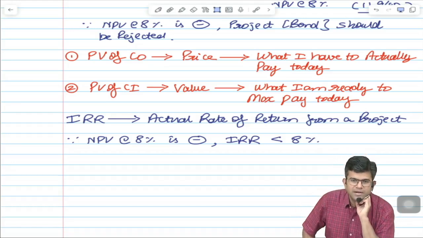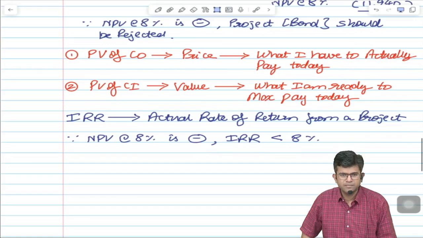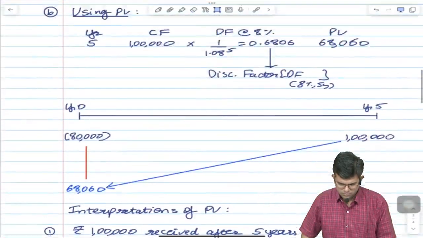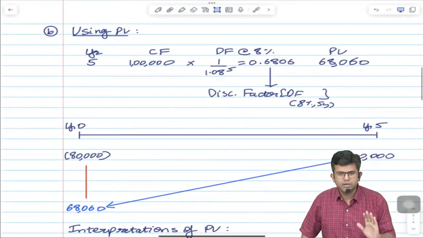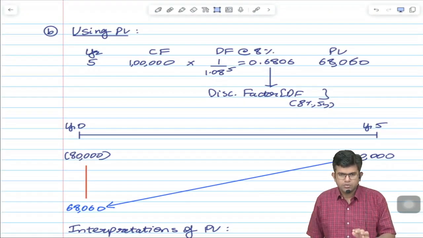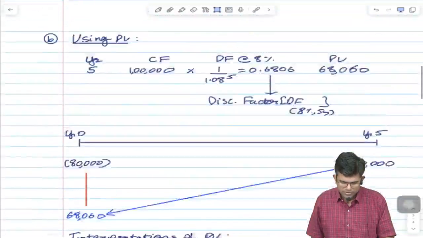RV means redemption value. Everyone done? So what do you think? Concept is clear till here? Everyone? Okay. So now in the notebooks, what you should do is,